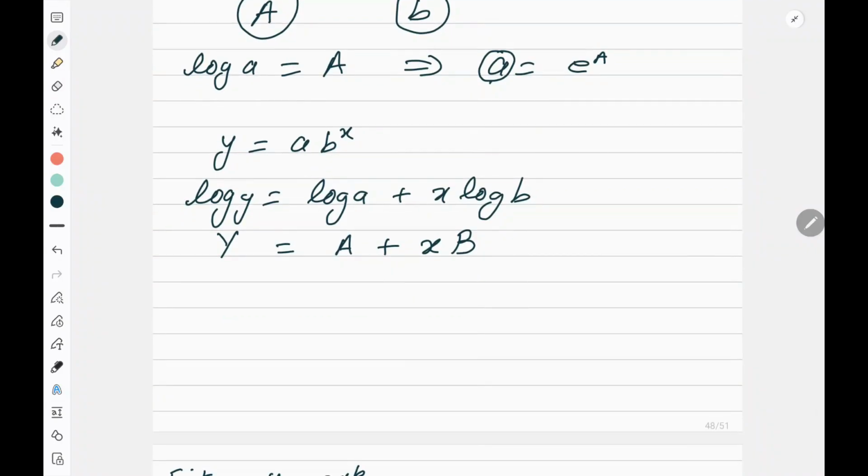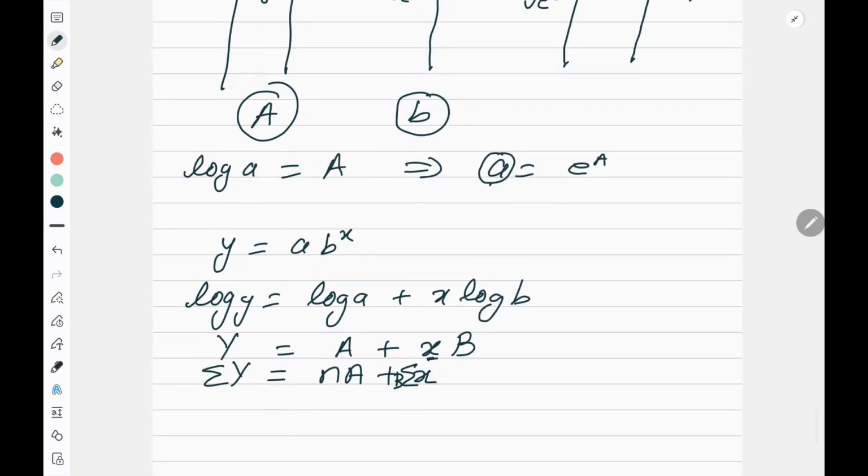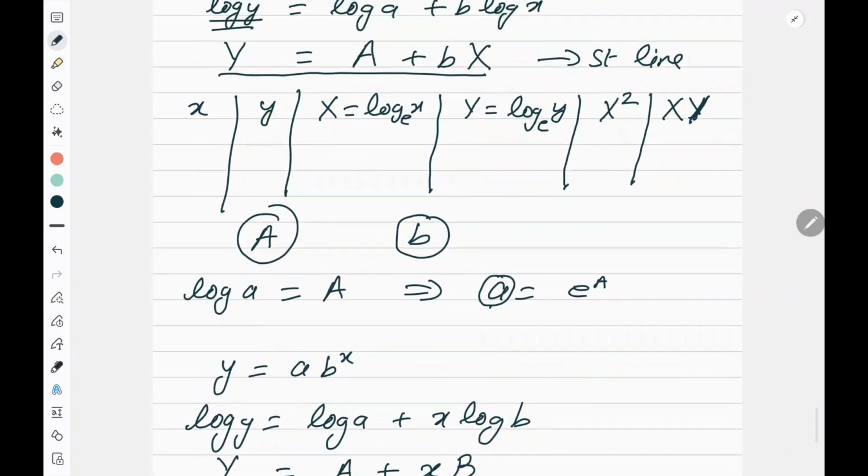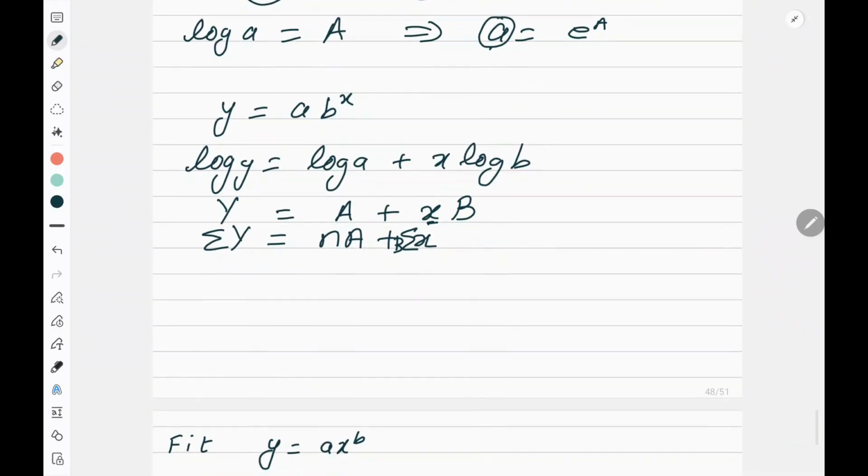Now when you are solving this linear equation, remember one thing. When you write the normal equation, first normal equation is summation Y is equal to nA plus summation x into B. Now multiply the whole equation by small x because there is no change in x, though in the previous case, x was also changed. So while writing the normal equation, I should multiply by capital X, but here I will be multiplying by small x only. So it will be summation xY is equal to A summation x plus B summation x square.